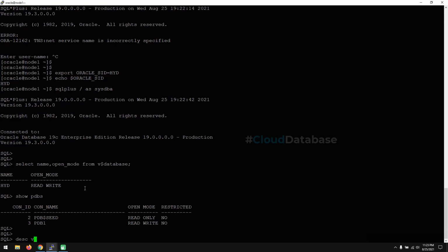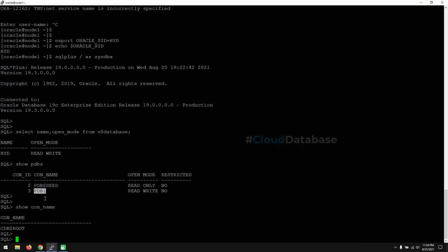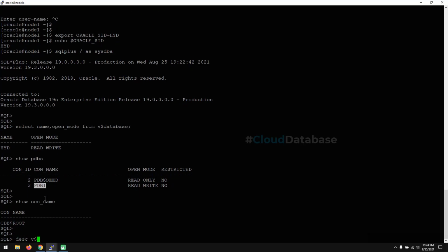I want to show one more thing. If you want to know whether this is a CDB or PDB, just run show con_name. It will show CDB$ROOT. So root is like the main vehicle. In the main vehicle, every pluggable database will be parked, meaning it will be plugged in. It's kind of a charger, a port. You can unplug and plug, so many things we can play with. We will see the entire series of this in the future.